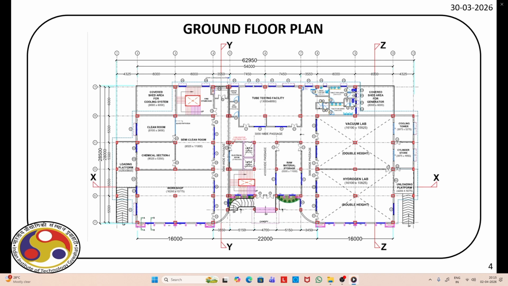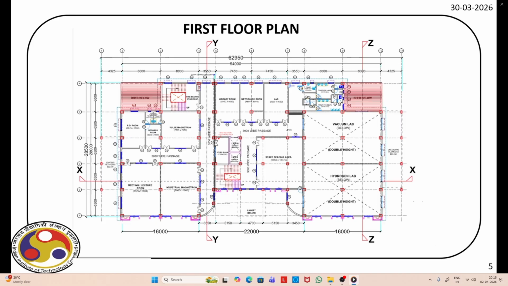Now you can see the ground floor plan of the building, and this plan shows the column locations which are marked red. Now if you look at the column geometry, there are different types of columns available, and we will actually model those cross sections. Not only that, you can also notice that the dimension of this building is 62.95 meter along X, and along Y it is 28.5 meter. It has the grids which are also marked, as you can see, 1 to 11 at the top, and then A to F in the vertical direction on the left hand side.